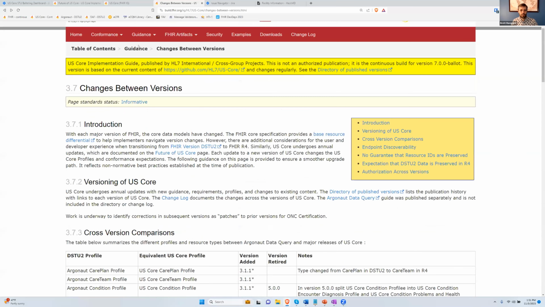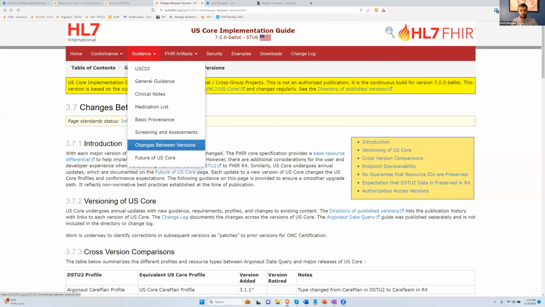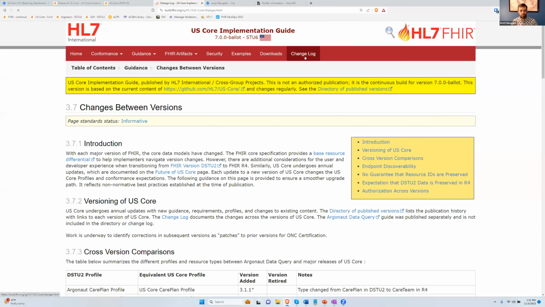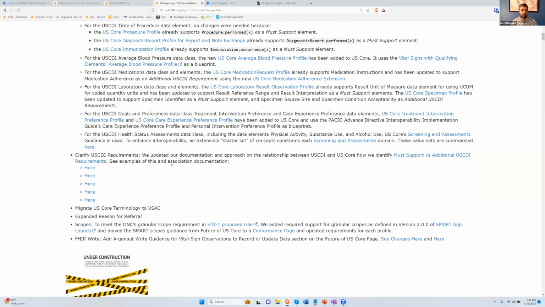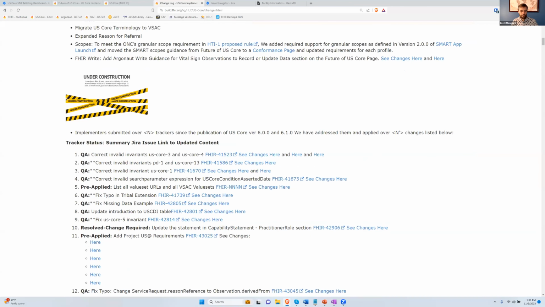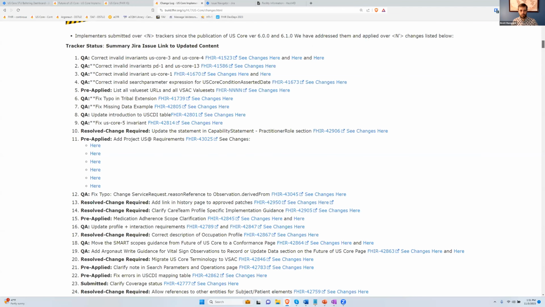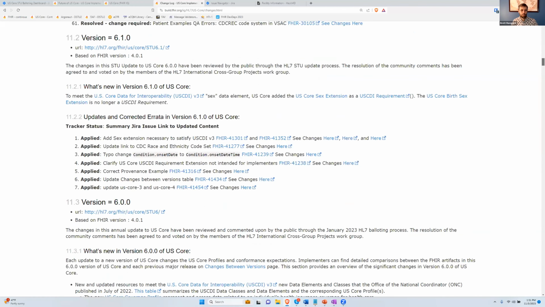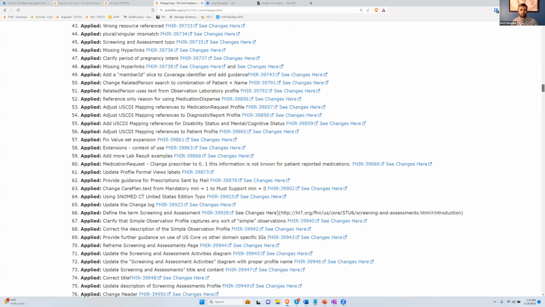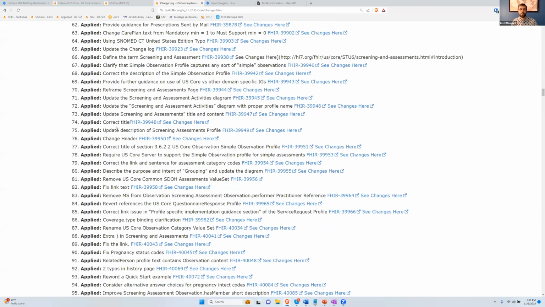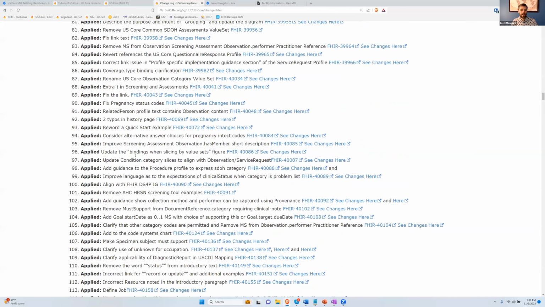To go with the change between versions, there's a very detailed change log, and this is something that every single FHIR spec is working towards. But you'll see every single tracker that was submitted in ballot that we mark applied gets added to this page. And so for folks who've submitted a tracker and want to see it, the approach is, and we're in this right now,